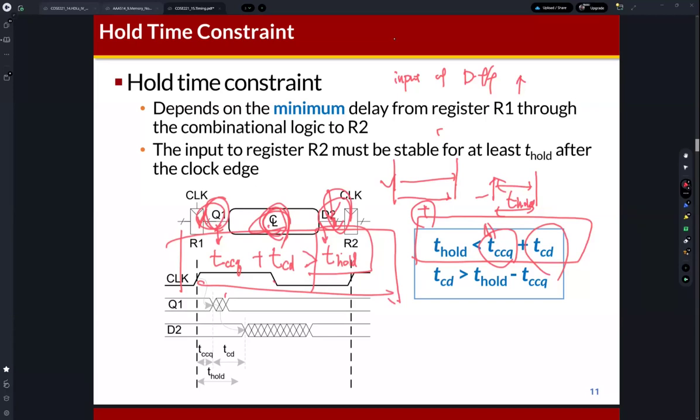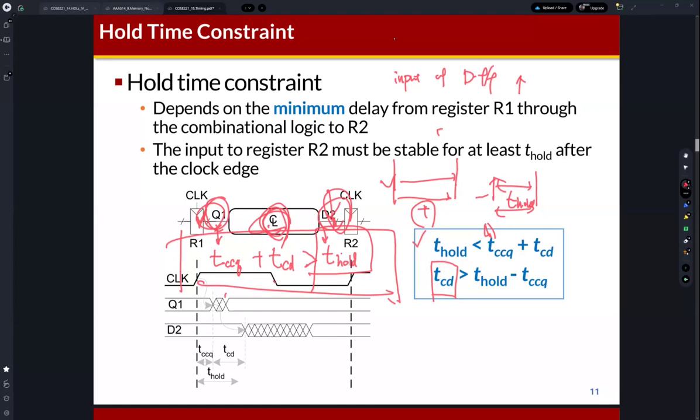But in this case, it can be a problem, because of the contamination delay. If we rewrite this equation, then it means that TCD, the contamination delay of this combinational logic, needs to be